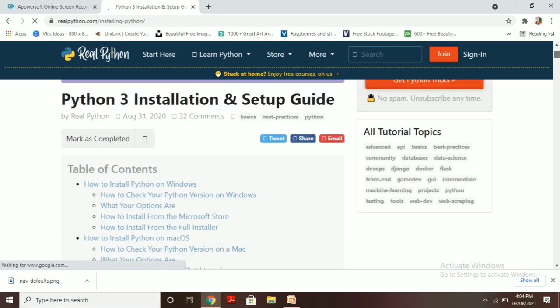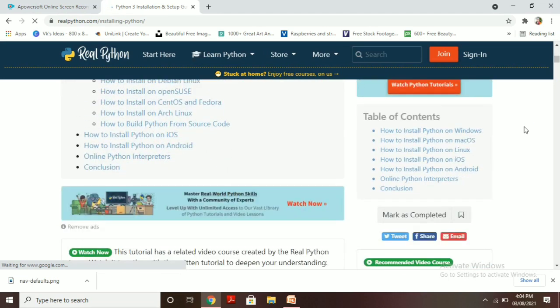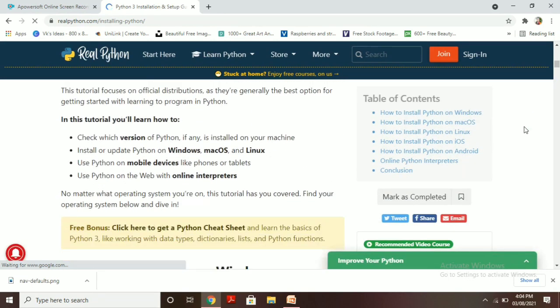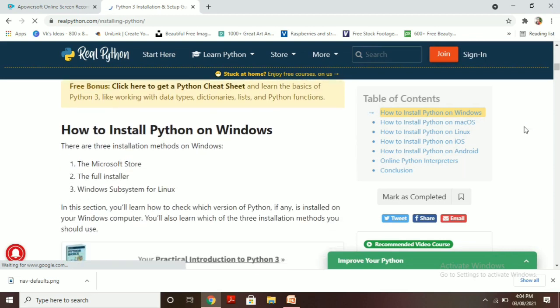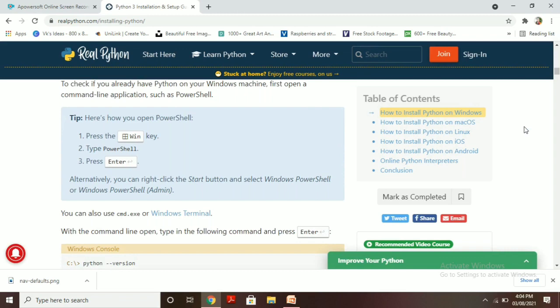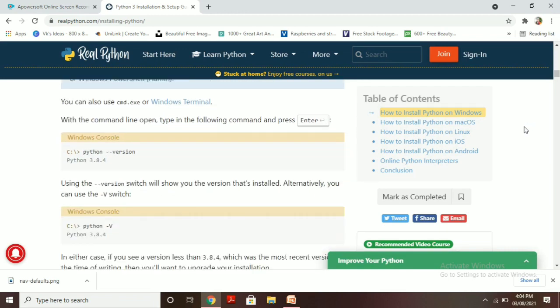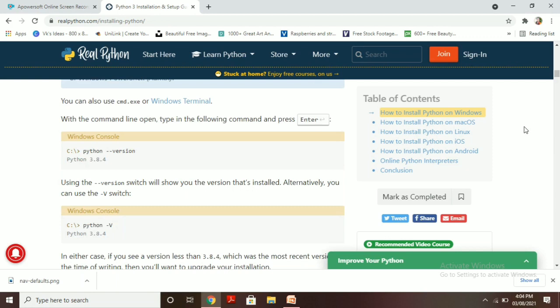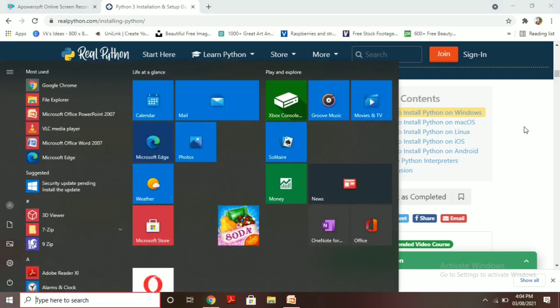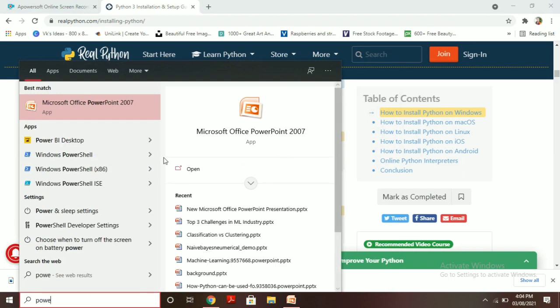Here they have also given how to check the Python installation on Windows. You have to press the Windows key, then type PowerShell.